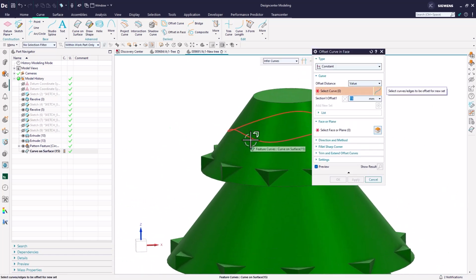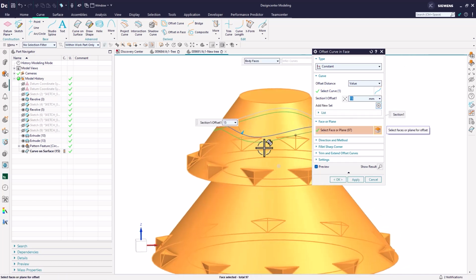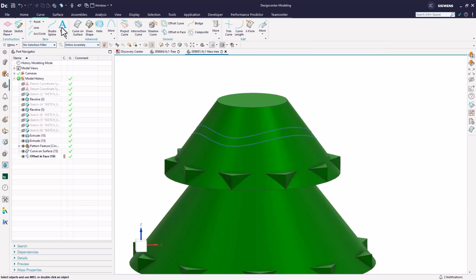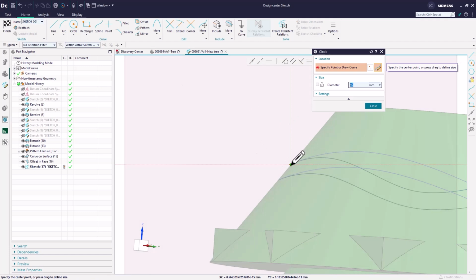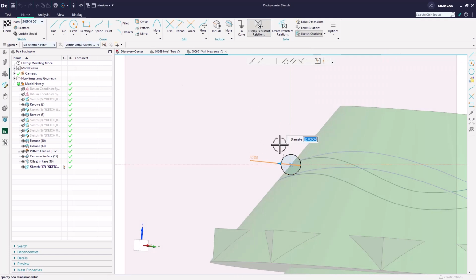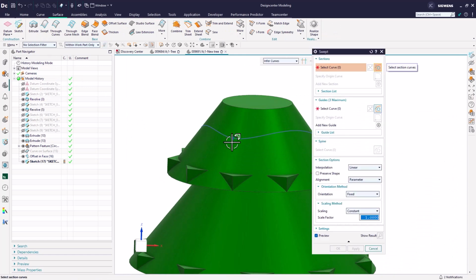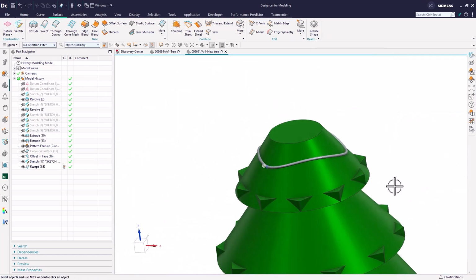Once finished, we can perform an offset curve on face to duplicate our spline, this time a bit higher on the face of the tree. These curves alone are not enough to create a new 3D feature. If we use the sketch command, utilizing the on-path dropdown, we can create a circle which can then be swept along the length of our spline. This will produce a new 3D tubing along the outside of our tree model.